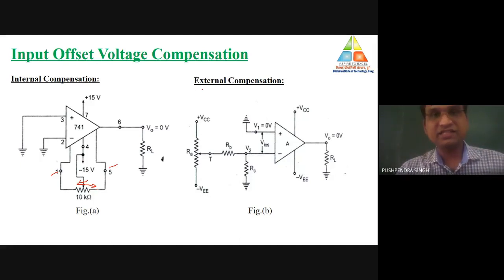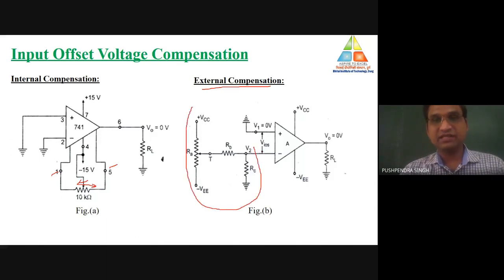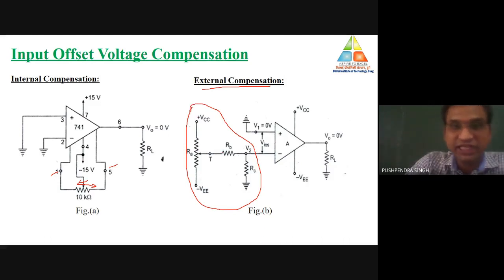Second thing is external compensation. In case of external compensation, we need to connect some external circuitry to the operational amplifier. So this is the complete external circuitry for the compensation of input offset voltage. With the help of that, we may compensate the value of output. Then how is this circuit working? Similar to internal compensation, if the value of input offset voltage is minimum, if we want to compensate the lesser voltage, then we may go for the internal compensation. But if the compensation is high, then on that condition, it's compulsory to go with the external compensation.